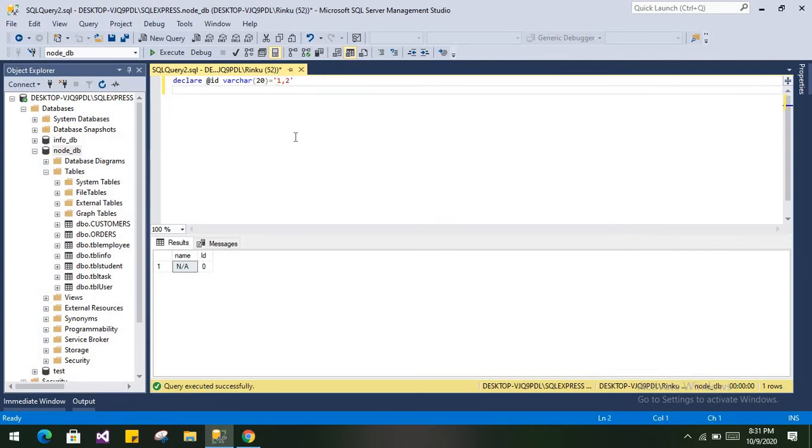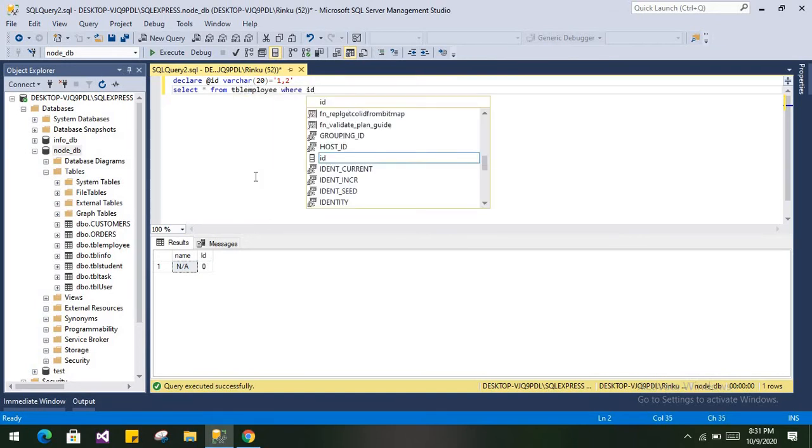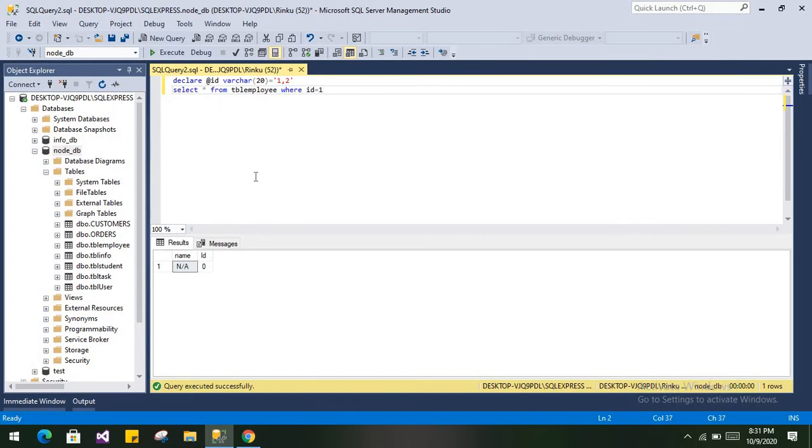Then, if you want to get multiple ID values, what you will do is select star from TBL employee. Simply for one ID you just pass where ID is equal to 1 or whatever, and you will get the record. But here we want to get the two IDs, 1 and 2.